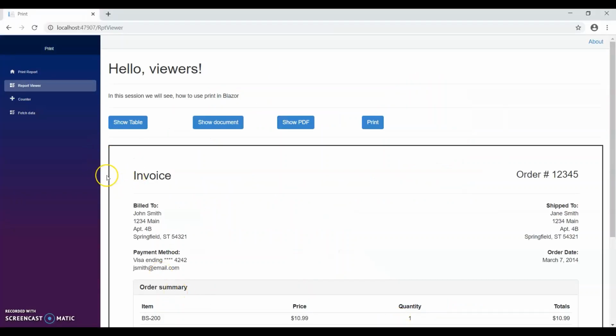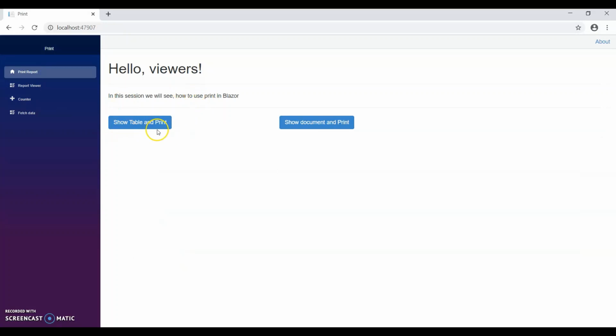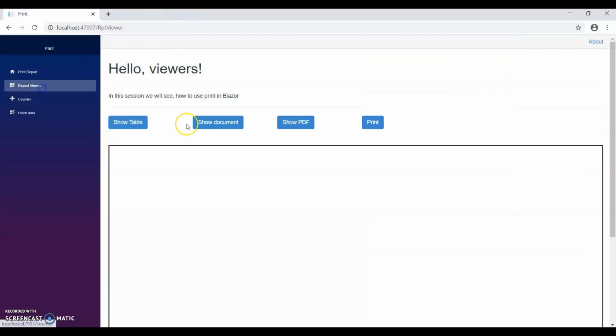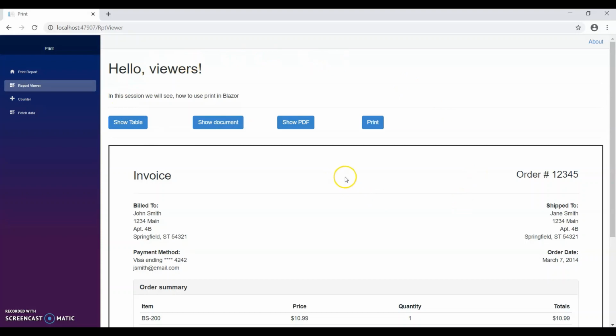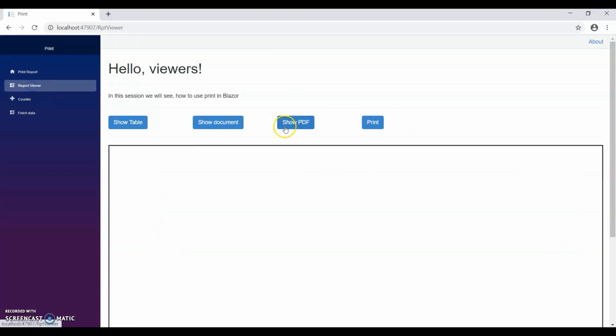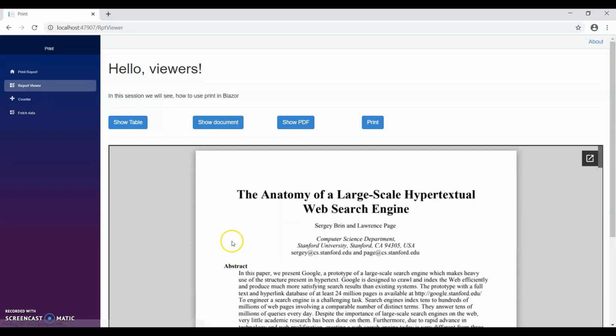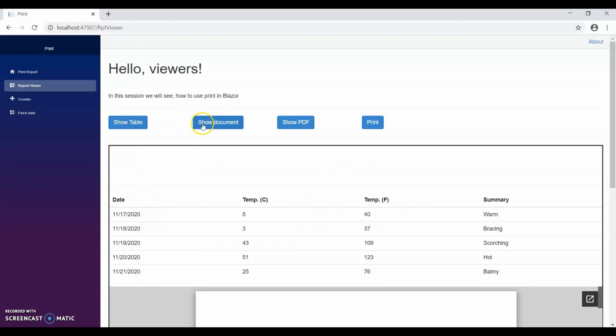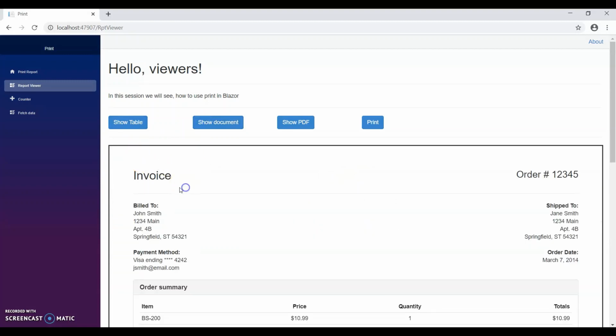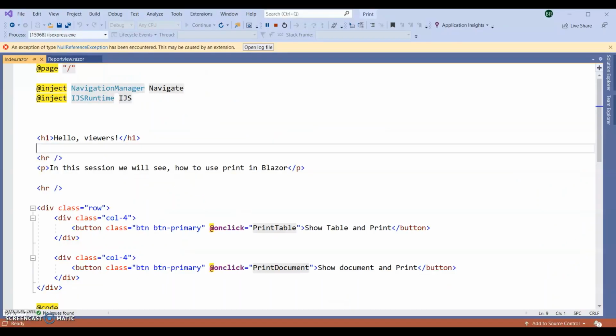So for today's session, I am using my existing application where I created this print report and this report viewer, where I am showing the invoices table and some PDF format and doing some print. So here you can see the PDF also coming. I'm going to pass some parameter into my same pages. So go to our Visual Studio and stop the application from running.